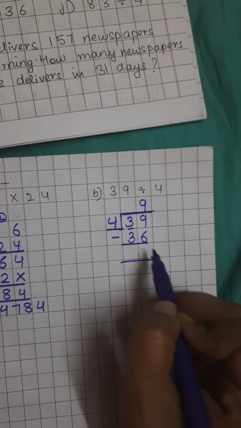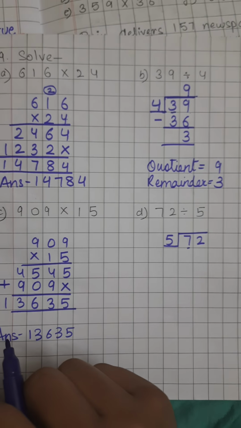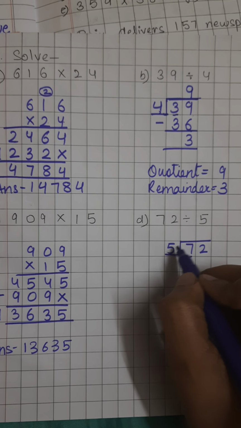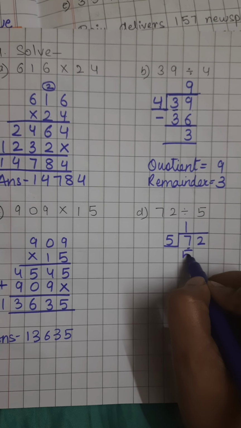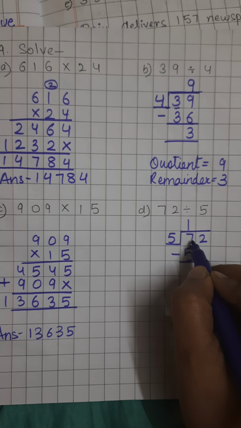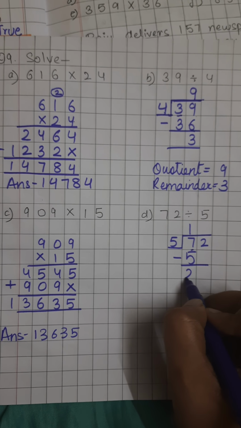Now we have put the dividend and divisor in place. Now let's see, the first digit is greater than the divisor, right? So I can easily subtract. Now 7 doesn't come in 5's table, right? 5 2s are 10, 10 is greater than 7. So I will have to look for a smaller number. So 5 1s are 5, right? 5 2s are 10, so 5 1s are 5. So 7 minus 5 is 2.